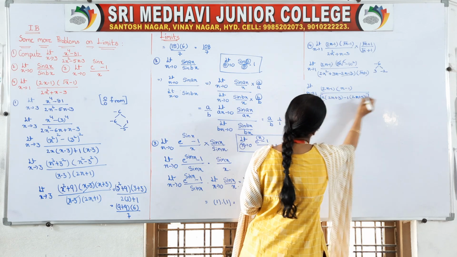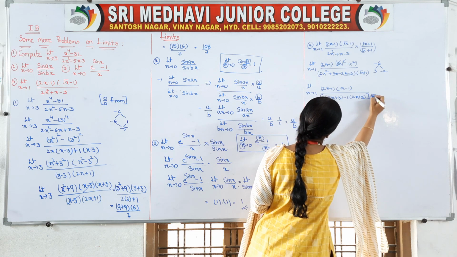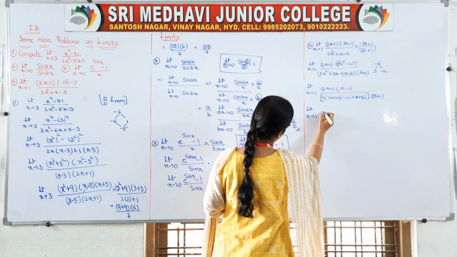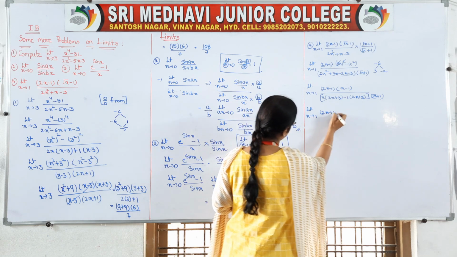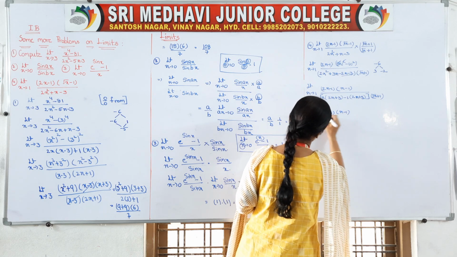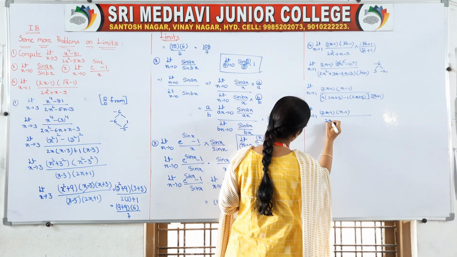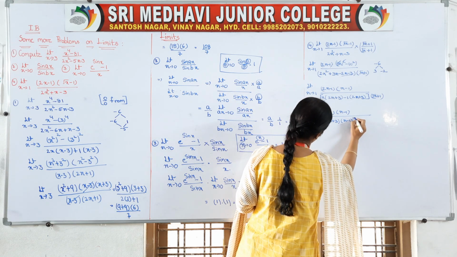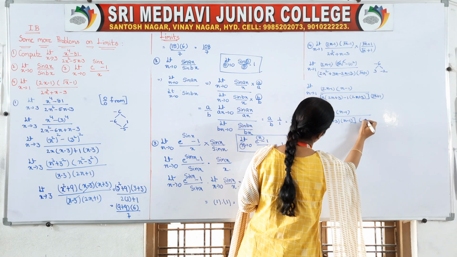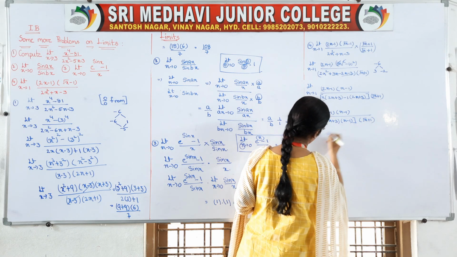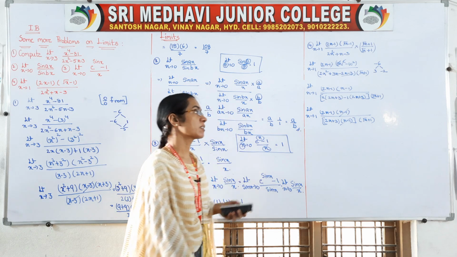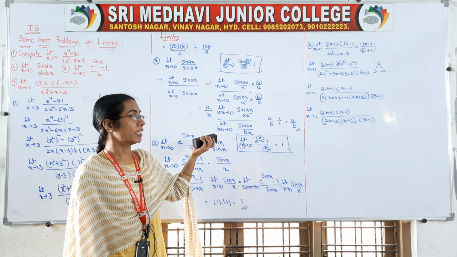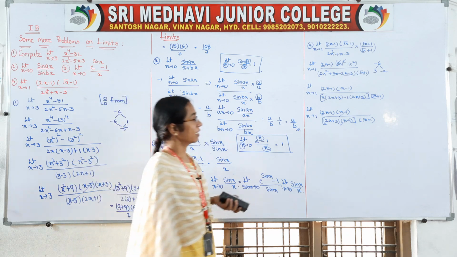Okay, so into root x plus 1 will be there. So limit x tends to 1, it is 2x minus 1, x minus 1 by, from these two you can take 2x plus 3 common, then x minus 1, okay, into root of root x plus 1 will be there. x minus 1 cancels. So no further simplification is possible. Then go for your substitution, right?